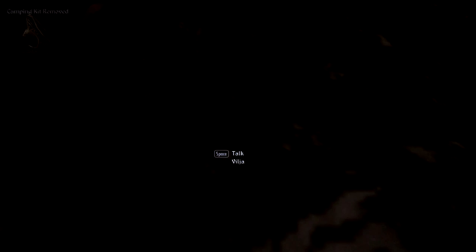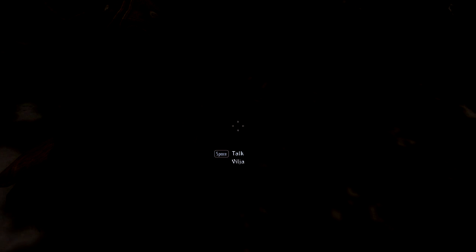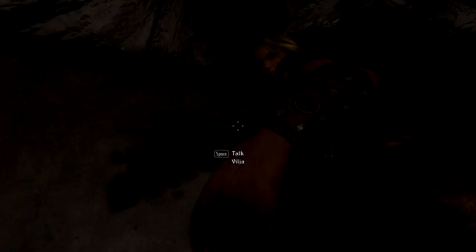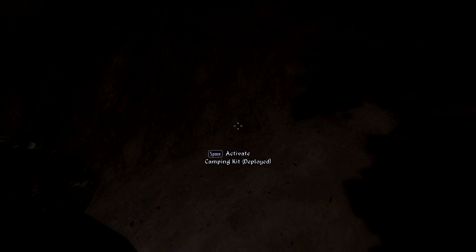Oh! It drops on the ground. No, that's Vilja's sword. Vilja, even your butt, look at that! It's like I cannot see around it. I need a compass to get around your behind. Vilja, you are insufferable. Oh no. It deployed...